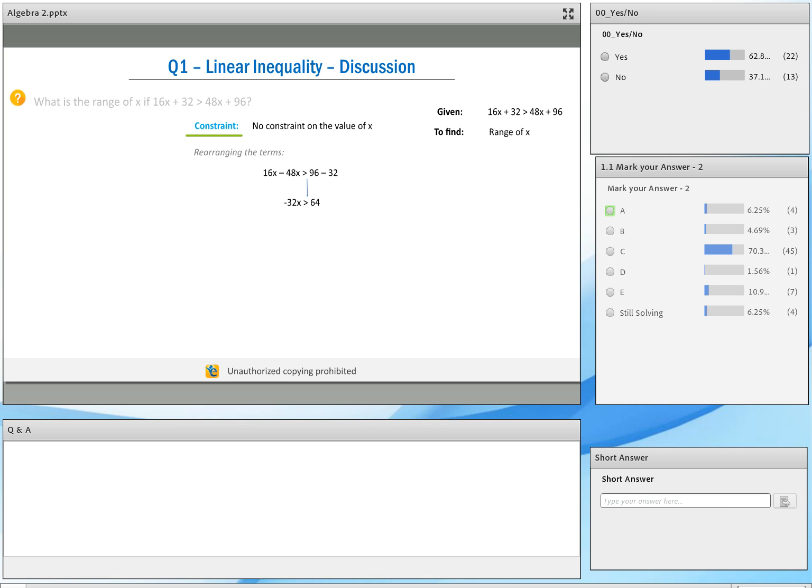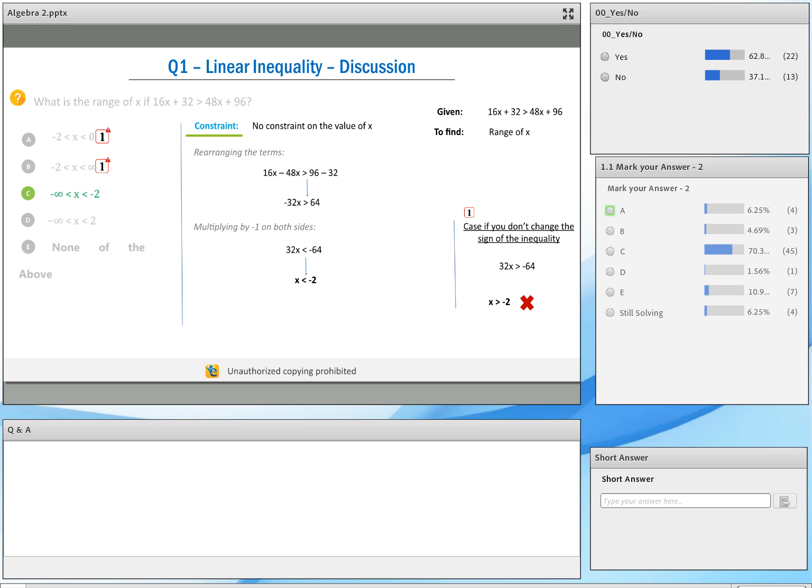Okay, so now I simply rearrange the terms, and here I get the negative sign, right? So I need to multiply both sides by a negative number, which means I need to flip the sign of inequality. And I am really happy to see that quite a few of you were able to apply this concept over here. So you got the question correct because you were able to successfully apply this. So choice C is the correct answer. x is less than -2. Okay,